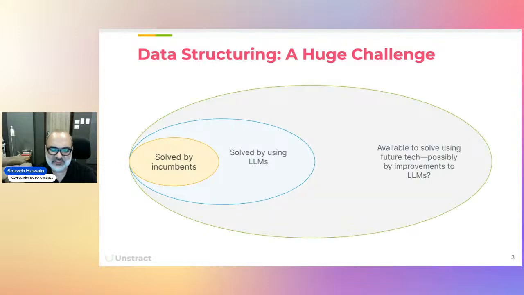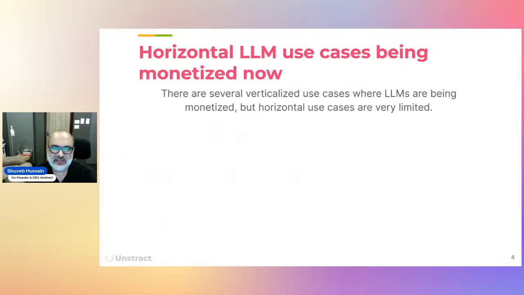So I want to just say that this is a humongous opportunity, almost unlimited TAM, right? A lot of startups, you can see them trying to solve a bunch of problems in this particular space, right? And even very conservative estimates say that this market is growing at around 30 to 40% per year, right? And if you take, for example, any horizontal use case of large language models, which is being monetized right now,